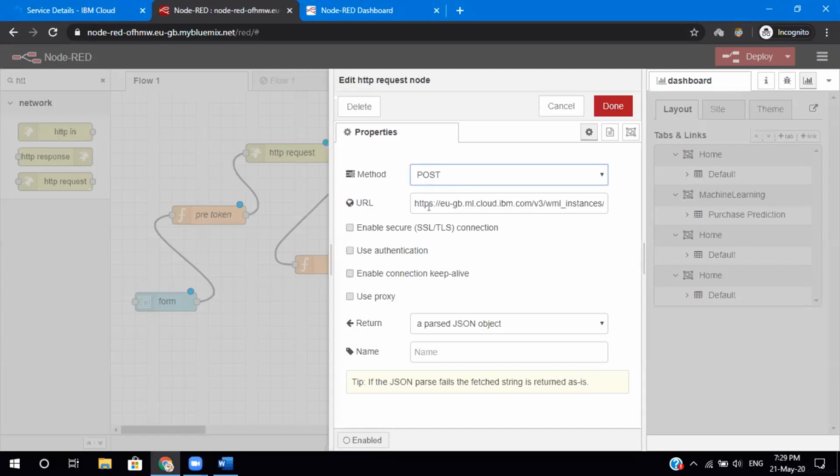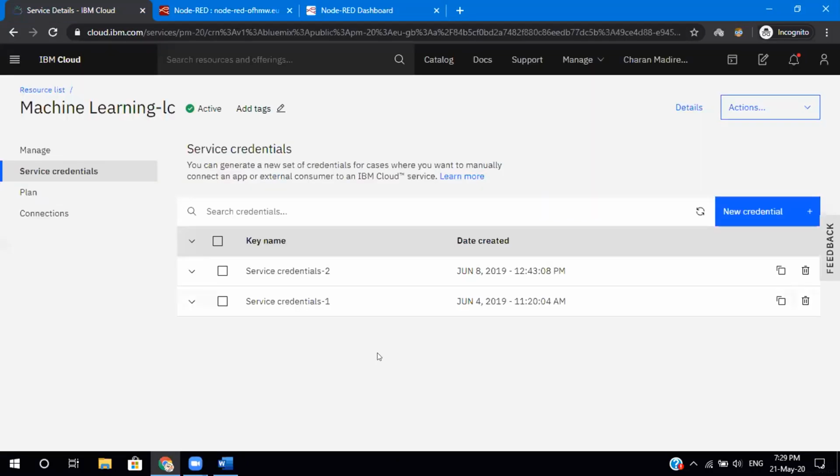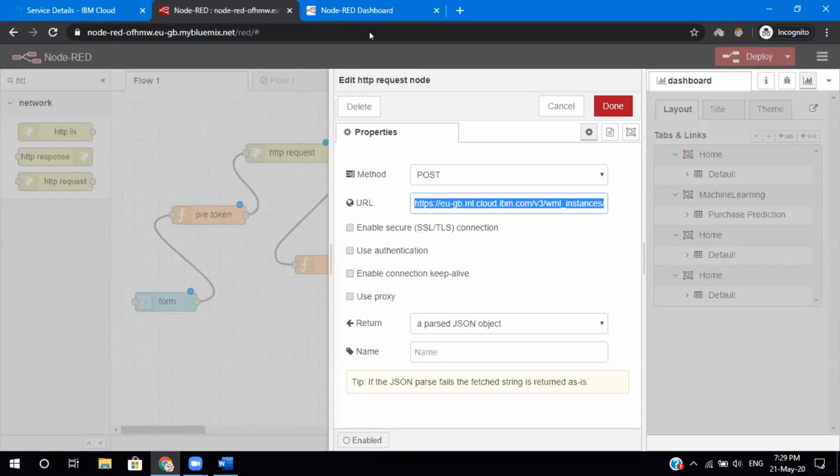We will be using post method again. And after creating your service endpoint, after printing your service endpoint, you will get a URL like this. So this is what you are going to paste. So you understood the point, right? After creating the service endpoint, Charan has just shown you how to do that. You will get a URL. We will be sharing that code with you, so copy paste that code. This is the URL that makes the connection to the model.